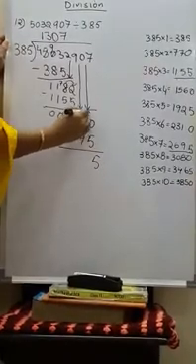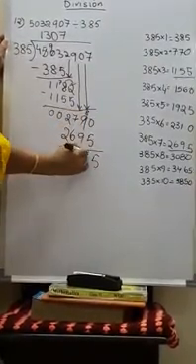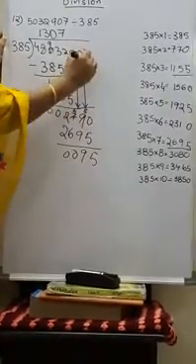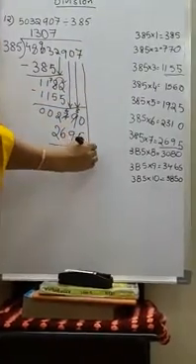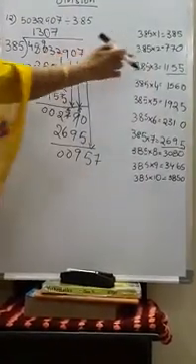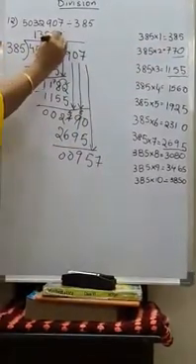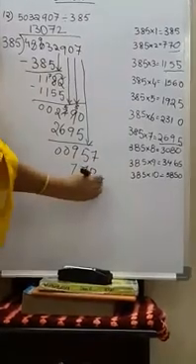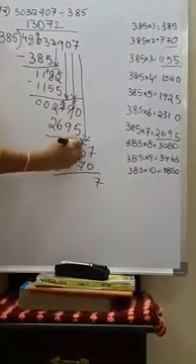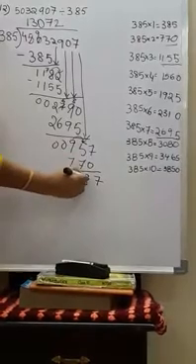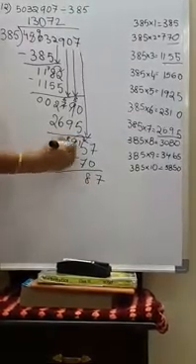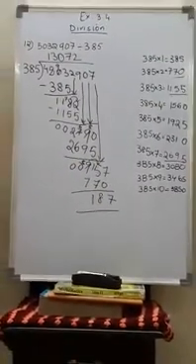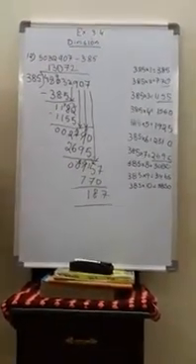This will become 8. Borrow again. 18 minus 9 is 9. This will become 6. This is 0, 0. 95. So bring 7 down. 957. So this is the smaller number. So 385 twos are 770. Here you can do 15 minus 7, 8. Now this will become 8. 8 minus 7 is 1. 187 is the remainder. And how will you check the answer, dear?